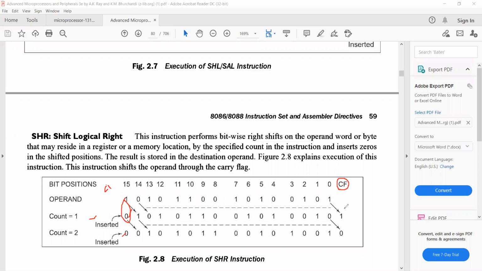When you are doing this, we are starting with a 0 bit. We are not considering the carry flag. In the first shift operation, the carry flag bit was 1 because the LSB bit was 1. In the second shift operation, the LSB is 0. That is why the 0 occupied the carry flag position. That means this 1 is replaced by 0. That is how shift left and shift right operations are performed, right?